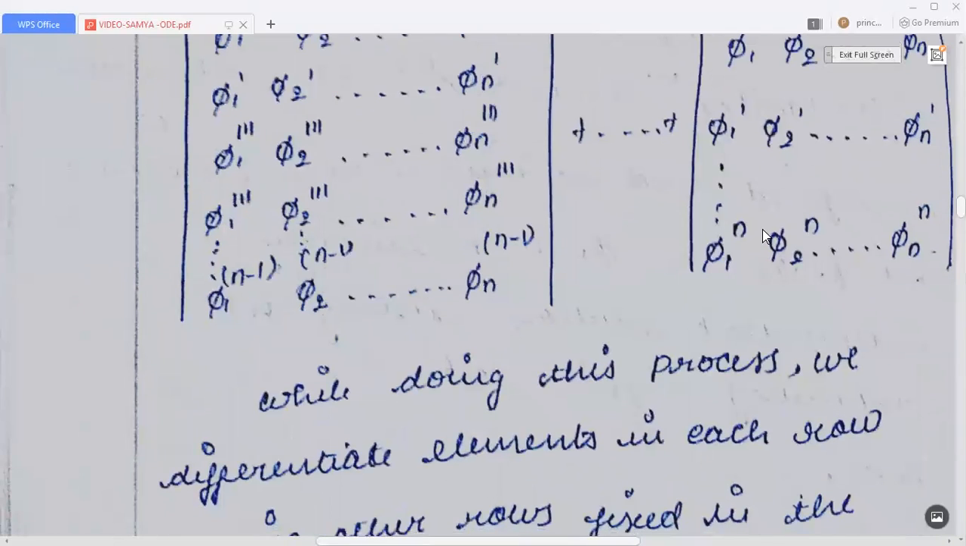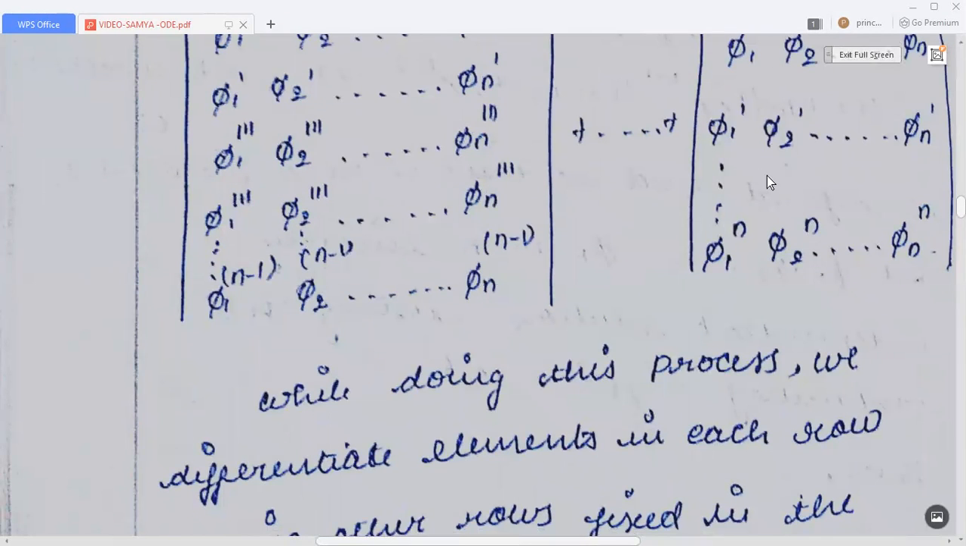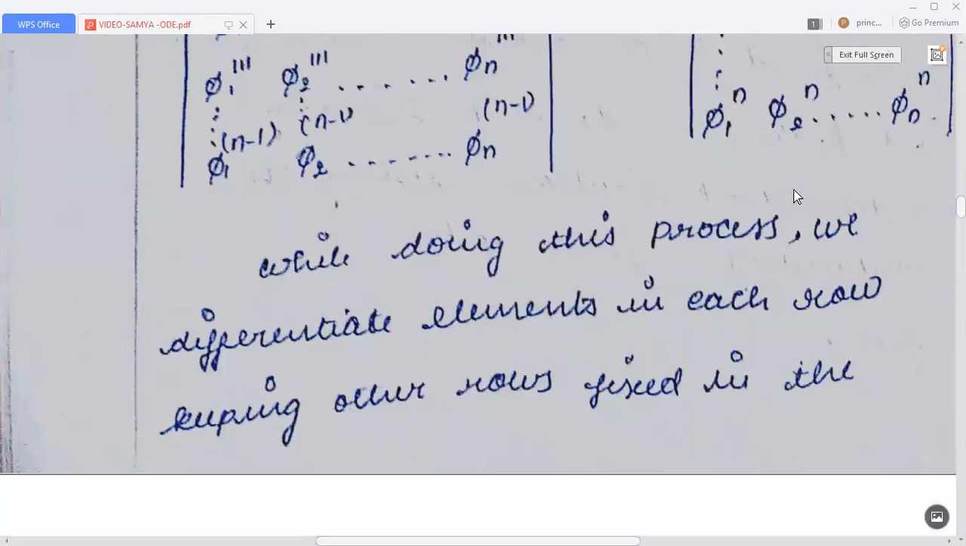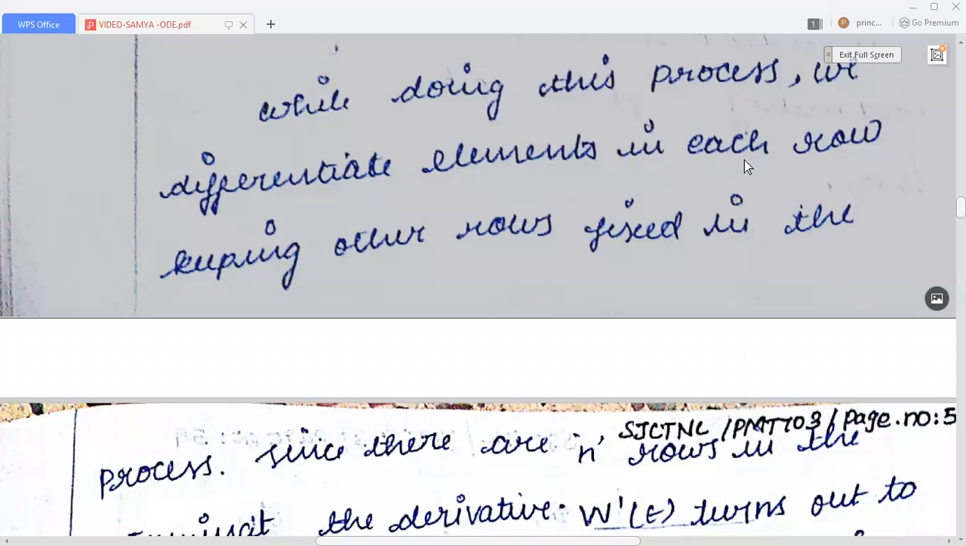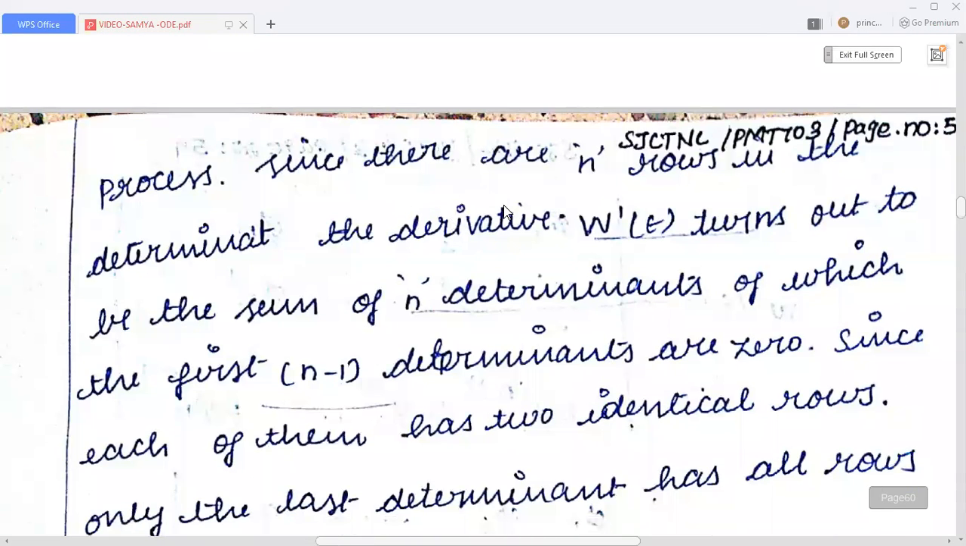Plus etc. Plus in the last determinant we differentiate only the last row functions. In all other rows we keep the elements as they are. So while doing this process, we differentiate elements in each row, keeping other rows fixed. Since there are n rows in the determinant,